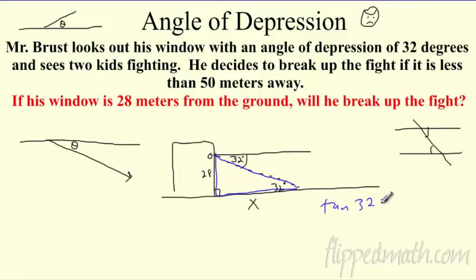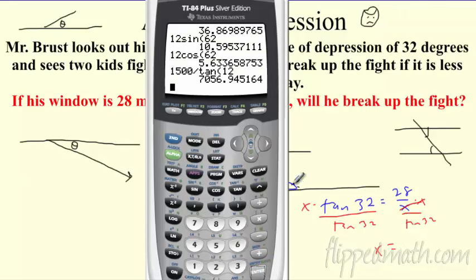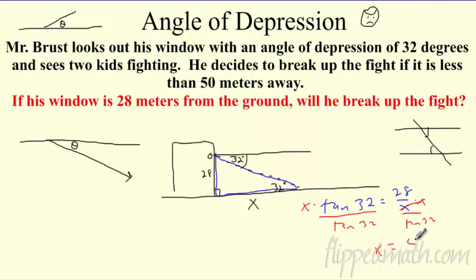The tangent of 32 equals opposite over adjacent. Just like the other ones, let's wrap this up. Let's multiply both sides by x. They're gone. Then I'm going to divide by tangent 32. Divide that side by tangent 32. And we're looking at 28 divided by tangent 32. So you get 44.8. And that's 44.8 meters. So am I going to break that fight up? Yes, I am going to do a good job. It's less than 50 meters, so I will break that